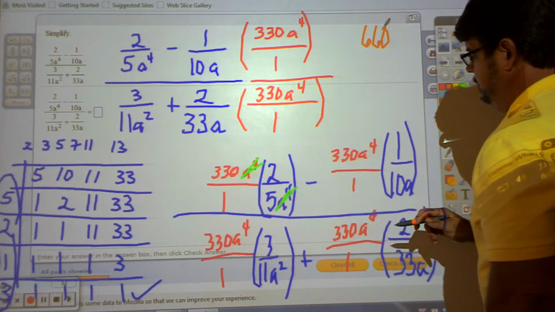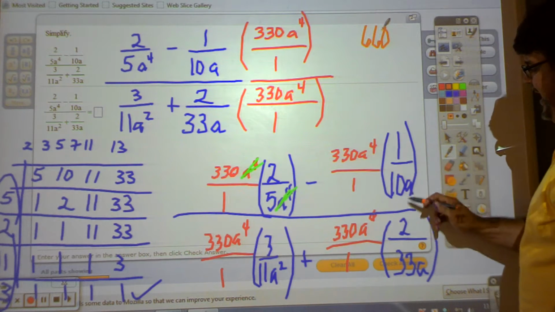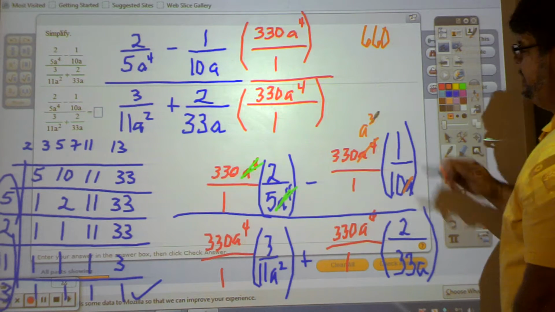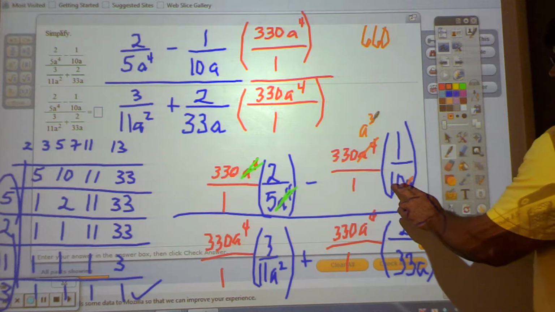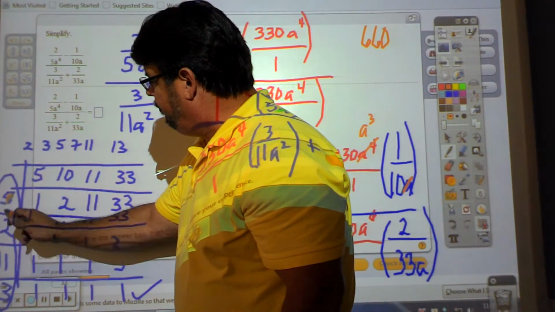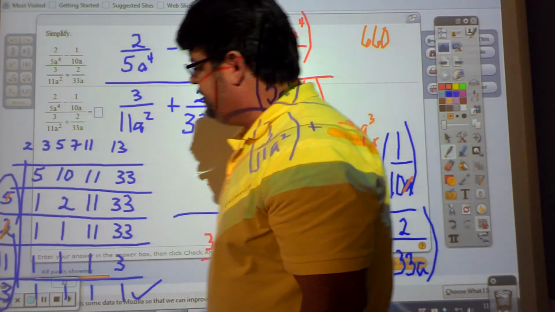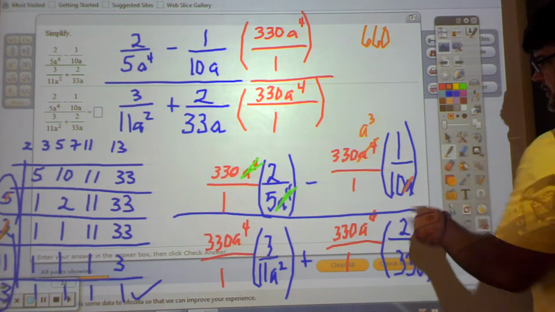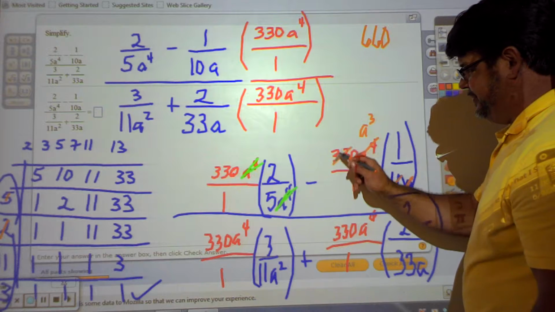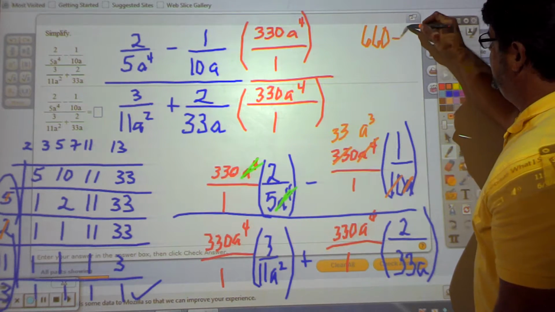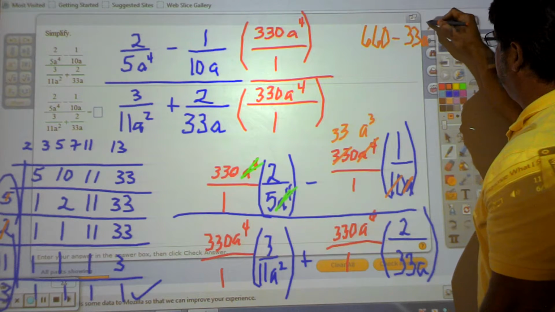I'm going to come over here. The a to the fourth, that a cancels that a to the fourth to a to the third. And then 10 will go into 330. We'll just take the 10 out. How many times? 33 times. 33, and that goes out, and you know that's 33. But sometimes it's not that simple. So minus 33a cubed